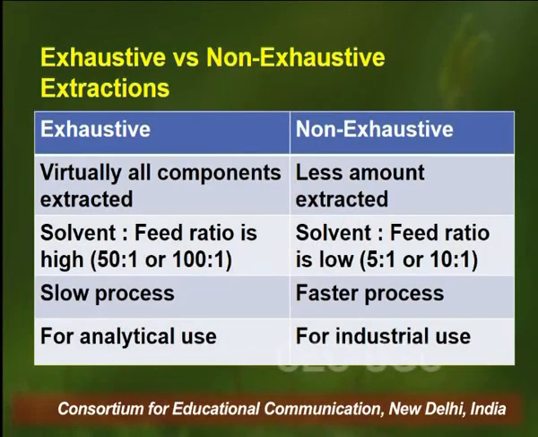Now here comes the role of that graph which showed the 3 phases of extraction, and we discussed that for exhaustive extractions we have to either enter into the DC phase, or we prefer to complete the diffusion controlled rate, that is the 3rd phase of the extraction. And with the end of the DC phase, there is a substantial increase in the time, and therefore exhaustive extractions are always considered a slow process, whereas the non-exhaustive extractions can end at the end of the FER, that is the 2nd phase of the extraction, which is less time consuming,